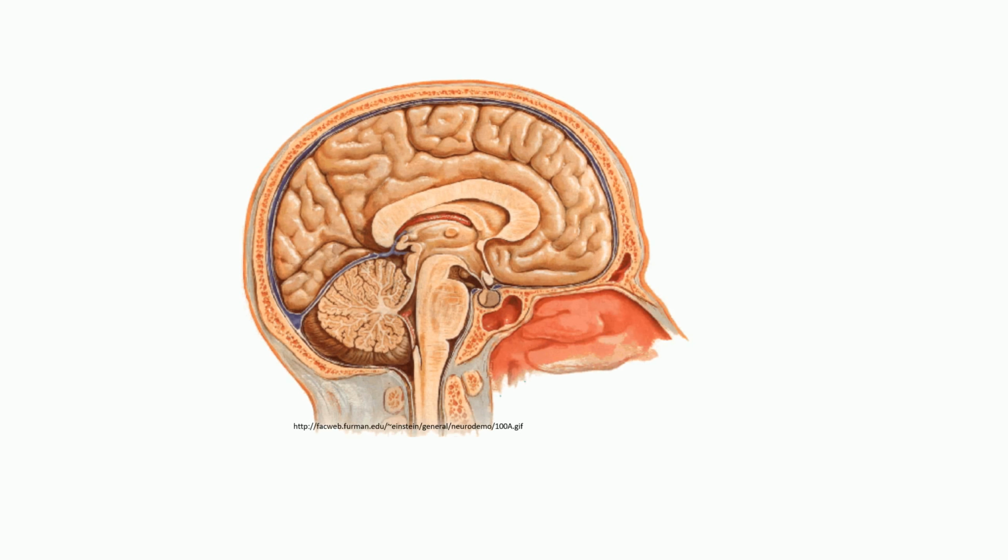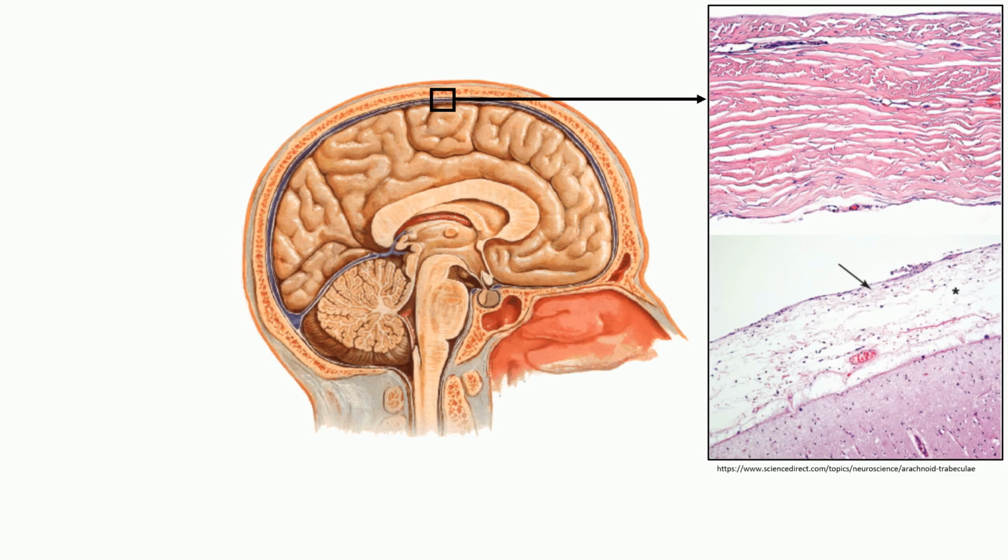Okay, if we continue on in our exploration of the normal histology of the brain, all of the brain tissues and spinal cord tissues are covered by these externally located protective coverings. And there's 3 layers to these coverings. Collectively, they're called the meninges, and they include the pia layer that is directly overlying the brain tissue. In between the pia layer and the external dura layer is the arachnoid layer. And then the externally most located